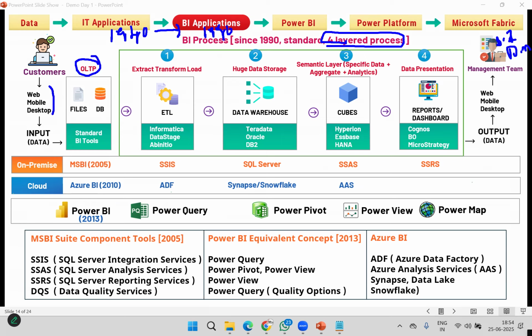They use multiple platforms and the data may be in files or databases. So this data is provided in business intelligence format, a decision-making format. How? By implementing this process. It's a very standard process. If you join any MNC, 100% you will find it. Take an example, you want to construct a house. How do you construct it?